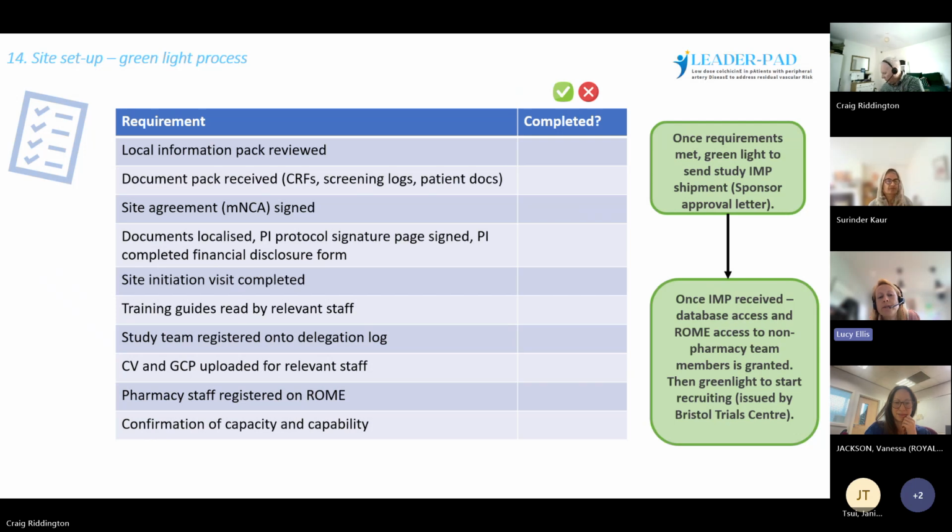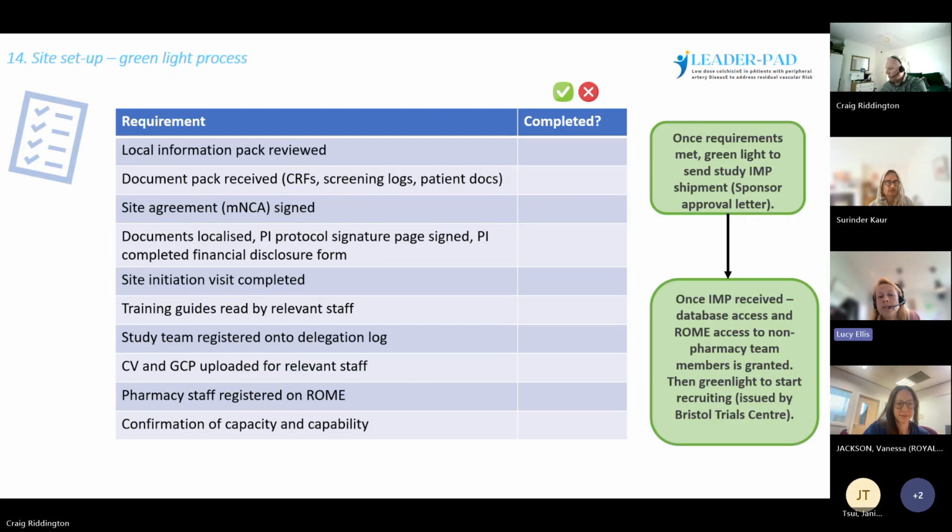At that point, when everyone's been signed off by the PI on the delegation log, we initially grant access to the online IMP management system to pharmacy staff. We send a pack of all your study documents to our sponsor rep within the university to review. They then give us the green light to ship the IMP out to the pharmacy team. Once the pharmacy team have confirmed that shipment and have completed the necessary delivery paperwork that comes with it and returned that to us, we then grant everyone else within the team access to the online IMP management system